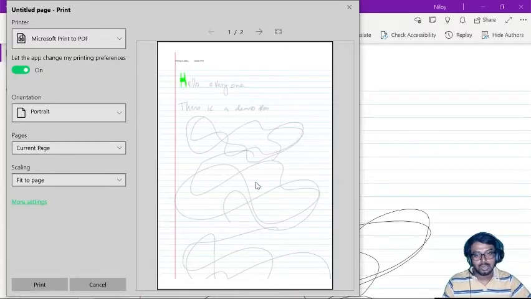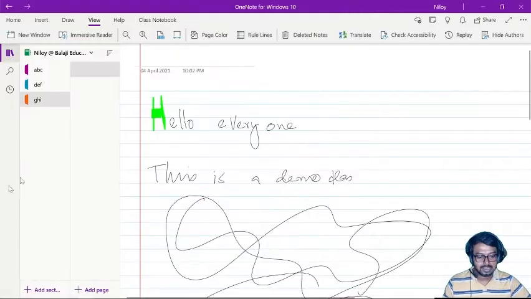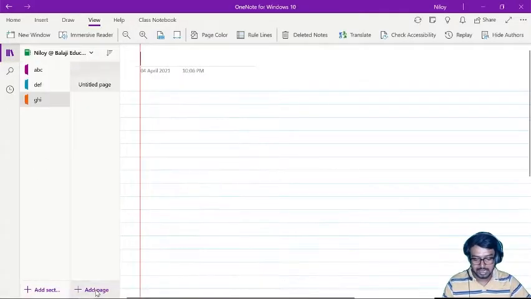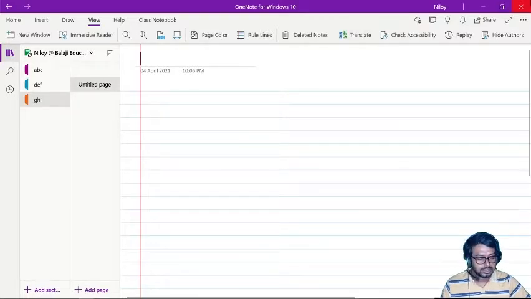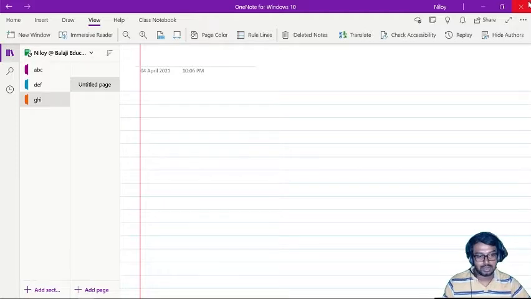So if you don't want to compromise the diagram, one way is, while you're drawing, to add another page and draw the diagram there, or just close it and go for another option by which we can draw a diagram precisely.